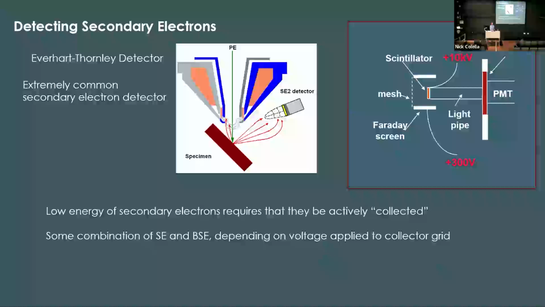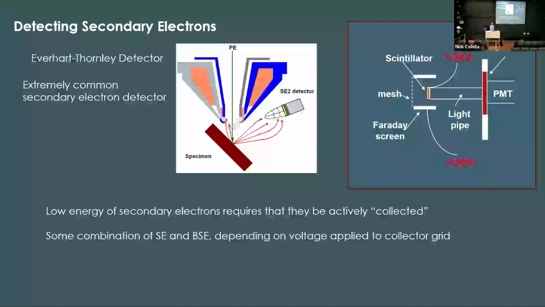Most of the time, though, most of our users at CNS are more interested in secondary electrons. And so secondaries come in a couple of different detection methods as well. I'll talk about both of these. Basically, they're going to break down into where the secondary electron detector is located. So there's an in-chamber style, which is called Everhart-Thornley. Here it's labeled as SE2. That's what we call it on our Zeiss SEMs.